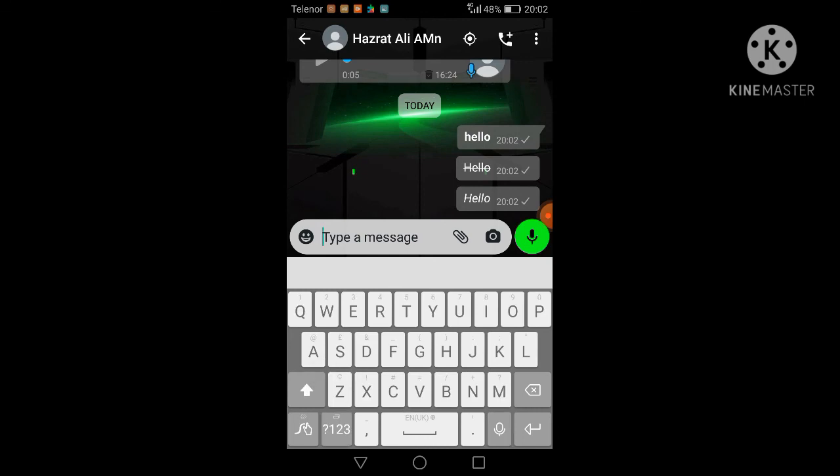If you want to write all these at the same time, so what can you do? For example, click on the button, and you have to click on the italic sign. For italic sign you have to use this option from both sides.